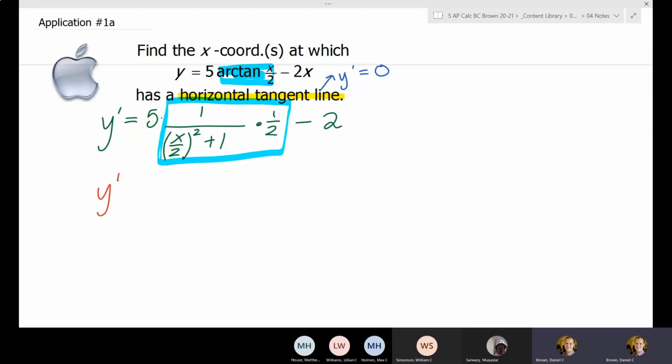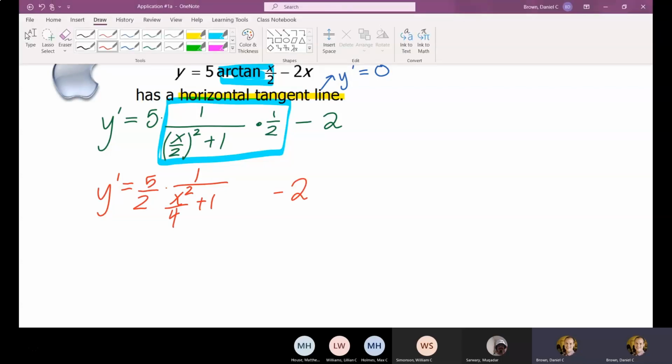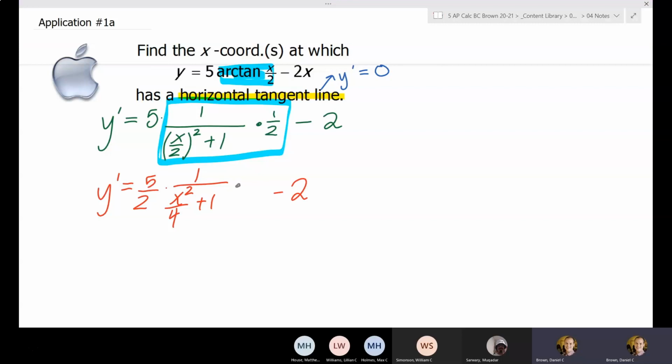So I definitely recommend simplifying it before you set it equal to 0 to make your life a little bit easier. When I simplify these, I first group coefficients together. So I have the 5 and the 1/2, which is going to give me 5/2 times, that's going to become x squared over 4 plus 1. I have this minus 2 hanging out to the side. To get rid of that fraction within a fraction, I can multiply it by 1, and the one I'm going to multiply it by is 4 over 4. In doing that, I want to make sure I distribute, but that is going to simplify the problem for me. So I end up with,